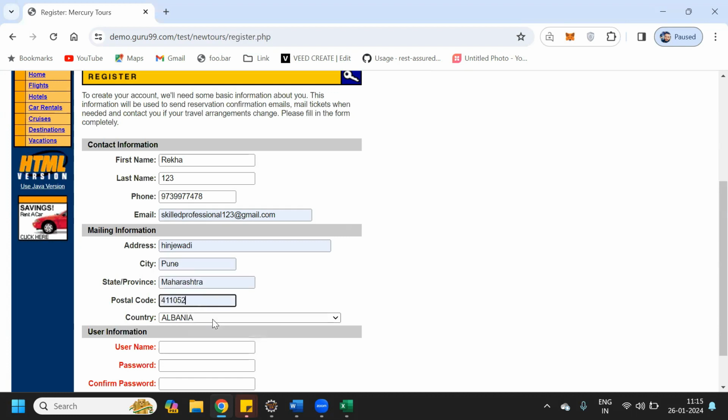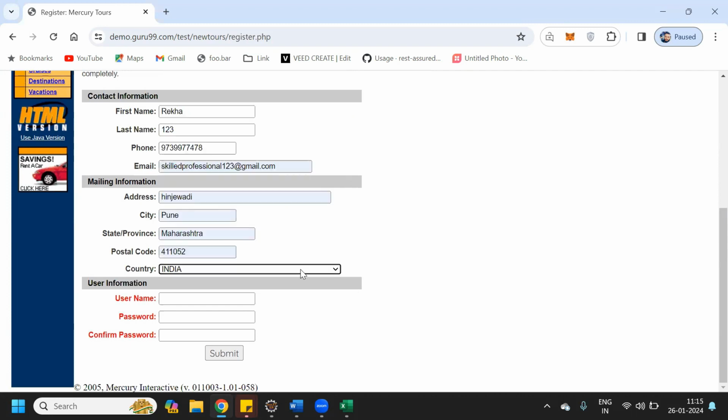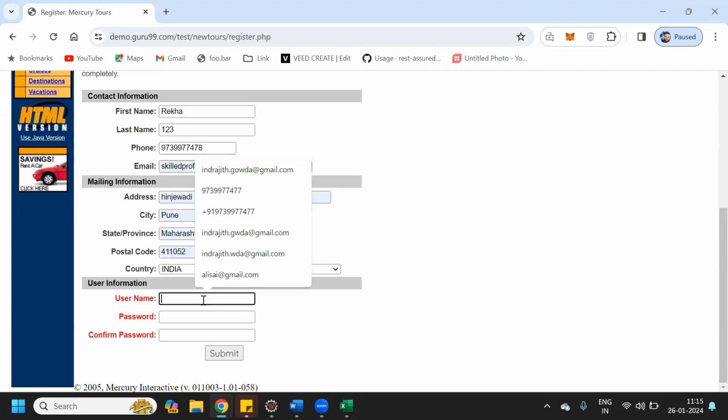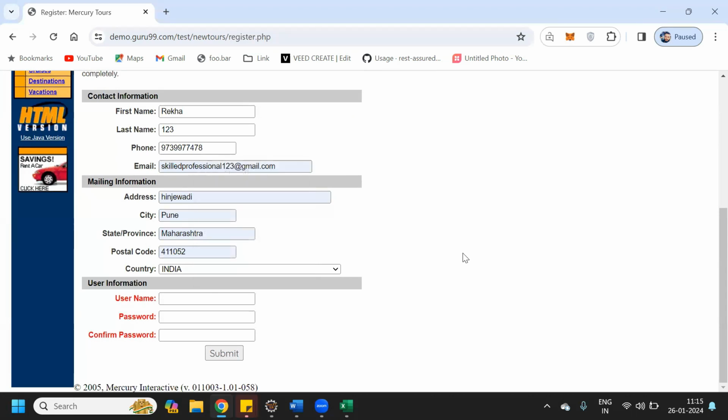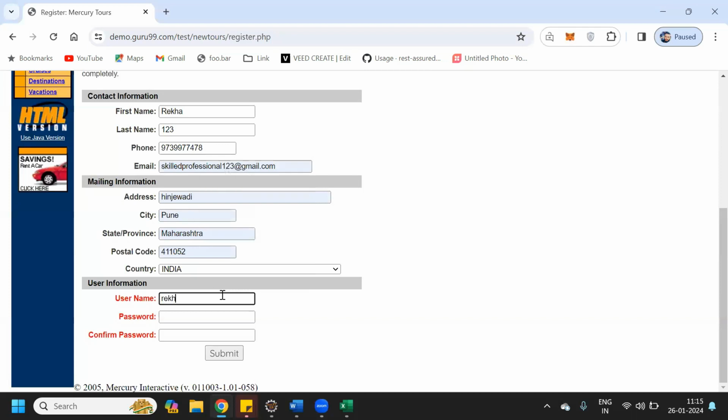Postal code you can give any random postal code, then provide the country, and here you need to provide the user ID. Whatever user ID you want, you can put it here. Like I'm putting Rekha 123, and password I will put welcome,